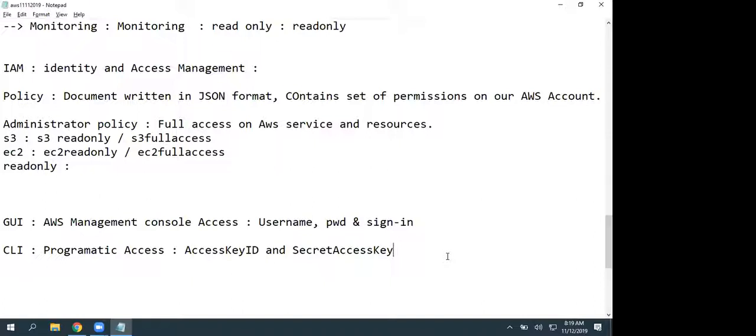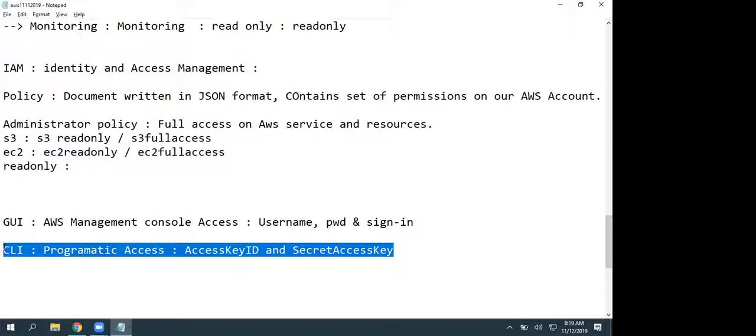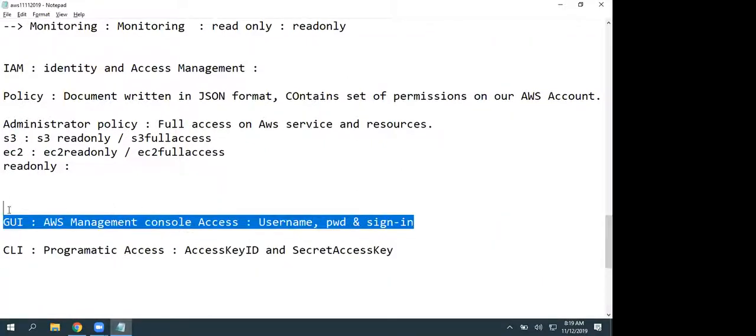Again, we have a dedicated session on this. By using the CLI, we are going to launch a server and access our S3 resources and different resources. At the moment, we really don't know those resources, so that is why I'm going to explain this with management console access. We will go deep dive into programmatic access in our EC2 module.